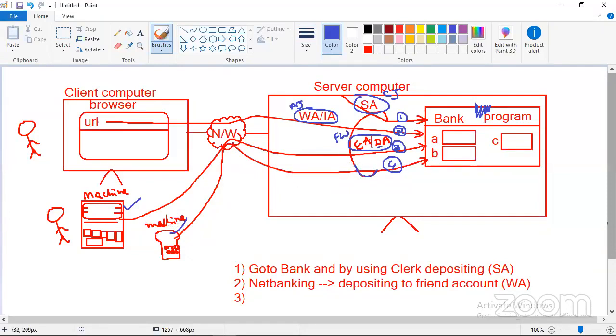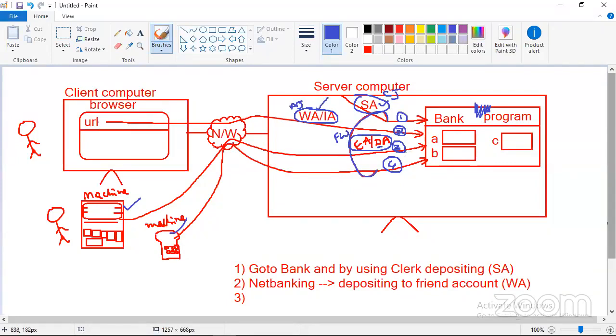Look at that. An application that can be accessible from anywhere, then we call it as what? Enterprise or distributed. If this program can be accessible only within the same computer, then we call it as what? Standalone. If this program can be accessible only from the browser using a URL, then we call it as what?